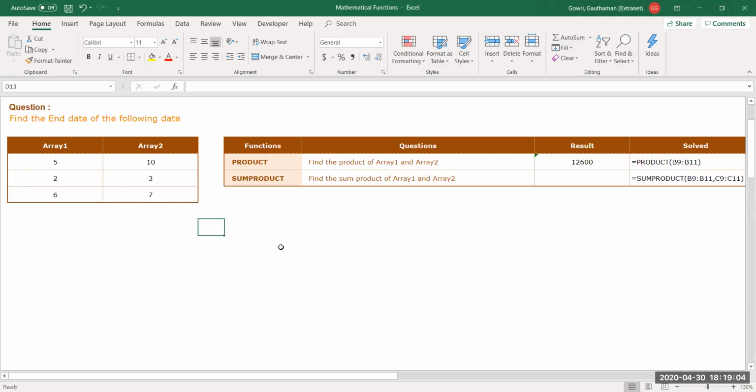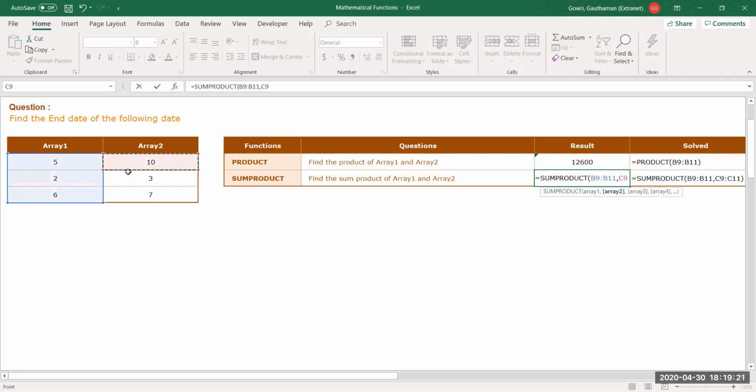So you just give sum product here. The input should be given in this way: array 1, comma, array 2, and it will get you the result.